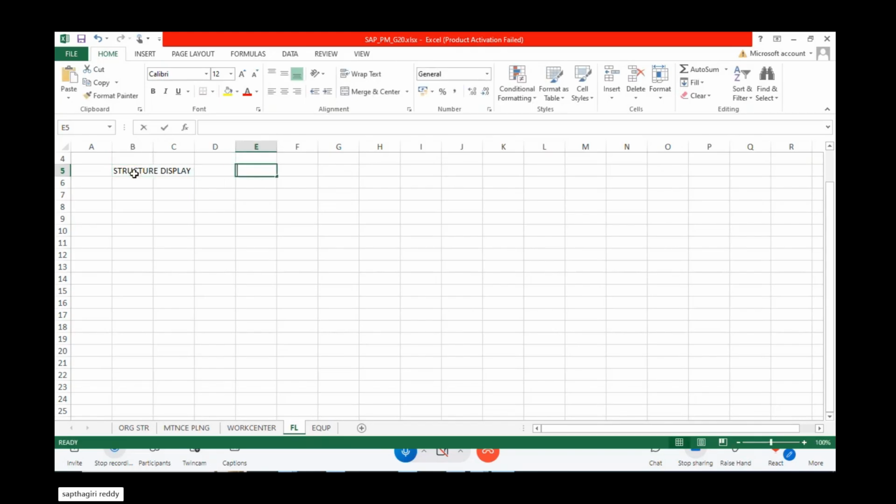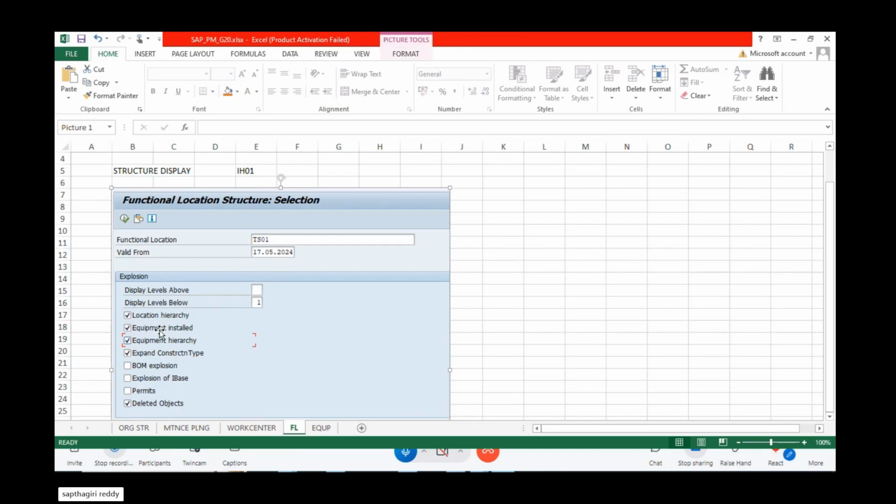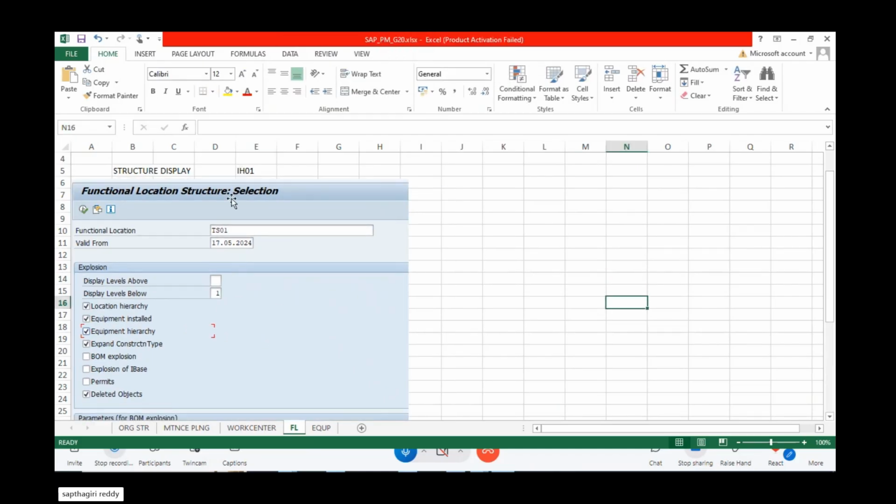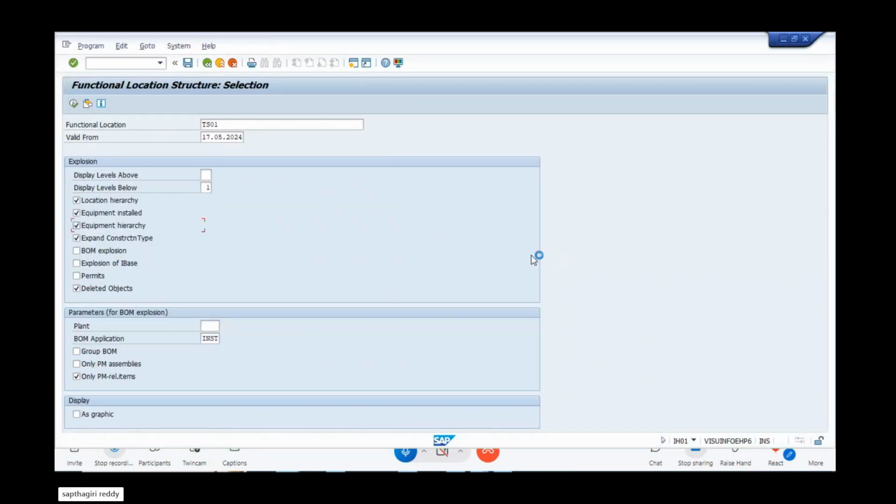The T code is IH01. Okay, in that you have to select, for example, location hierarchy. Equipment is not required. If you have created equipment, then you should go for equipment. Okay, next stage it will come equipment. What is a structure of any plant? Like I have explained the power plant structure, right? How it will be. So same way here TS01 I have mentioned first hierarchy level. Then if you execute,